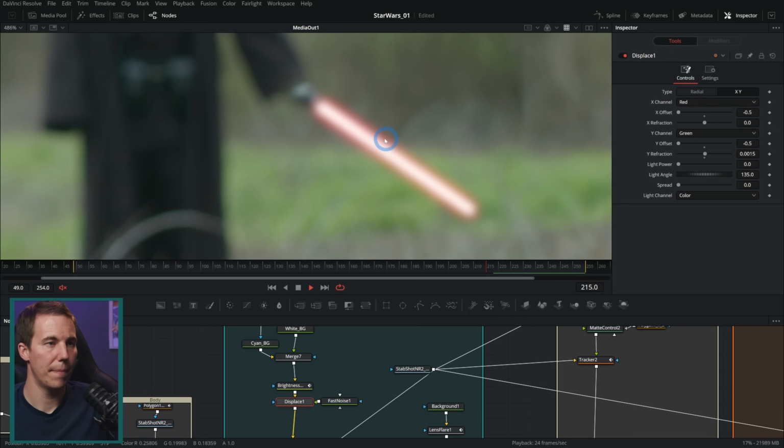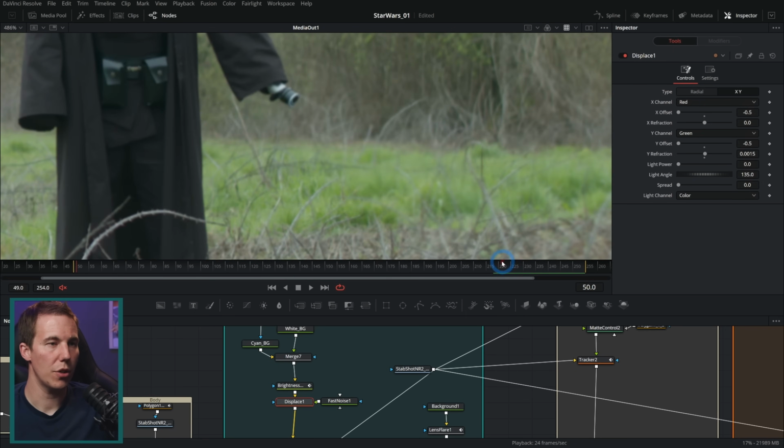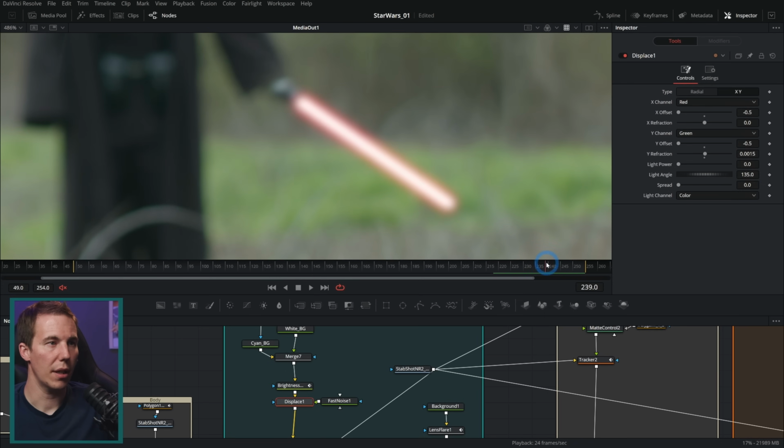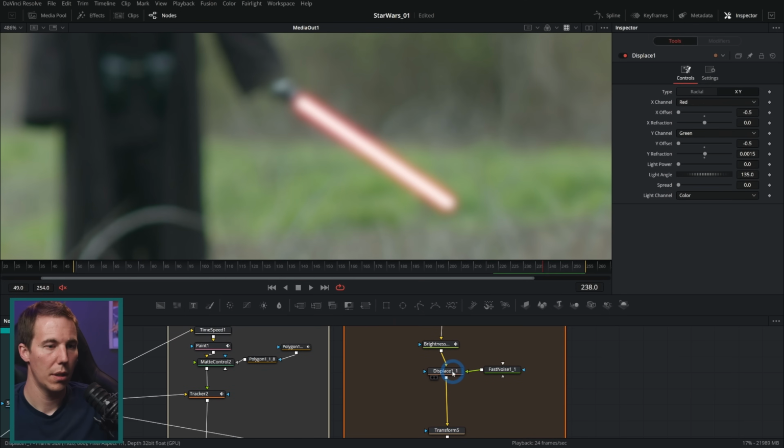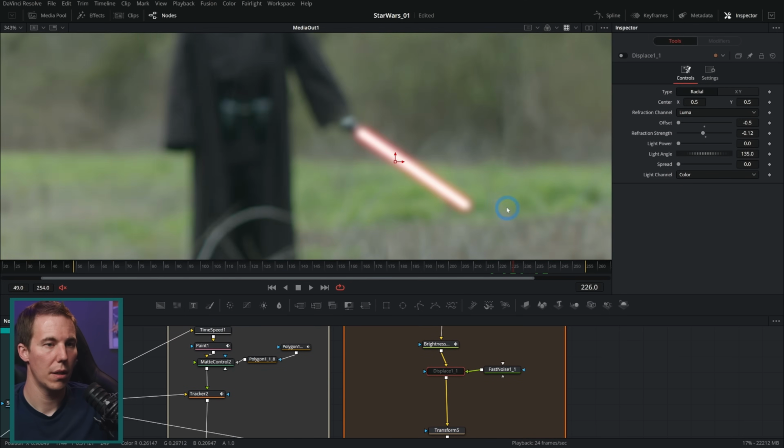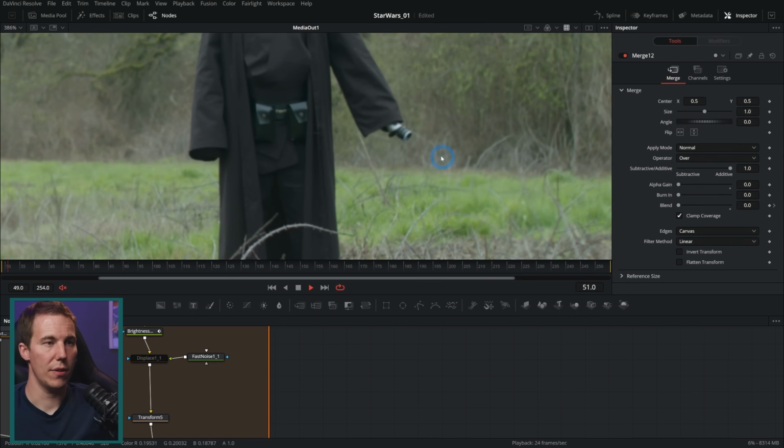All right, so this blade is moving around too much. It's kind of just moving back and forth, and I wonder if that's because of the displacement. Let's see what happens when we take off that displace, if it's still going to do that. That's from the displace, so we don't need that displace on there,